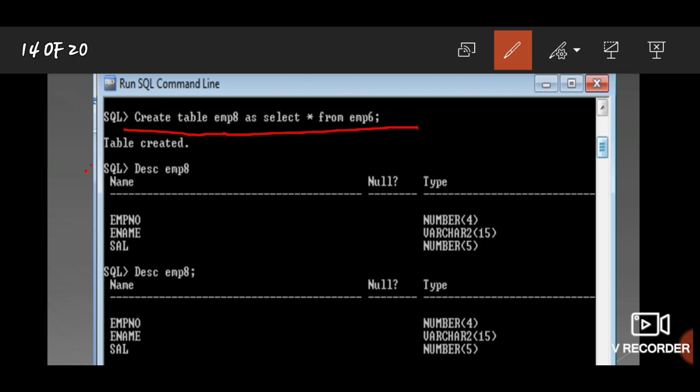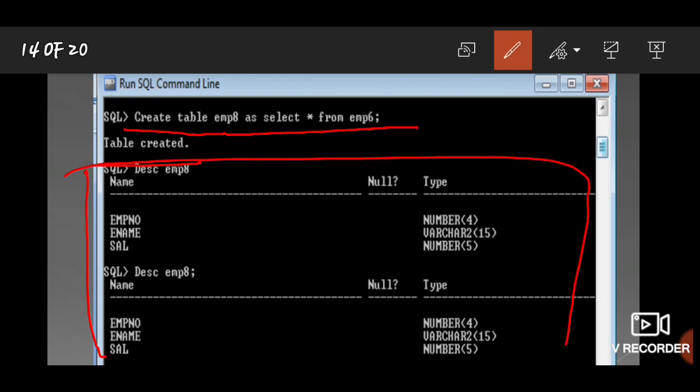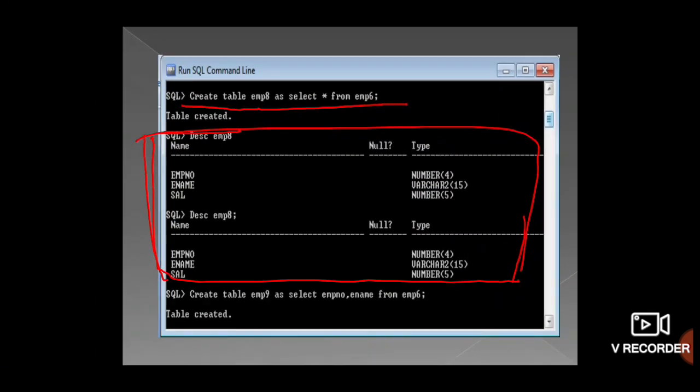Here it has already been displayed for me. The table had been created. See this output. This is the table that we had newly created, right? You can see here, this is the table which we had created after the employee 6 table, right? By using the employee 6 table, we had created the employee 8 table. Now you can see the overall table here. By using this syntax, the output will look like this.